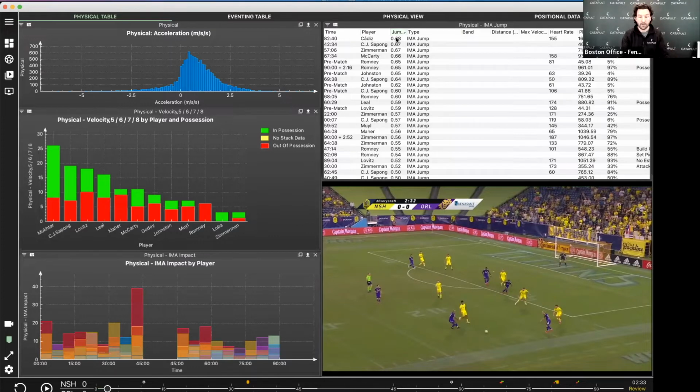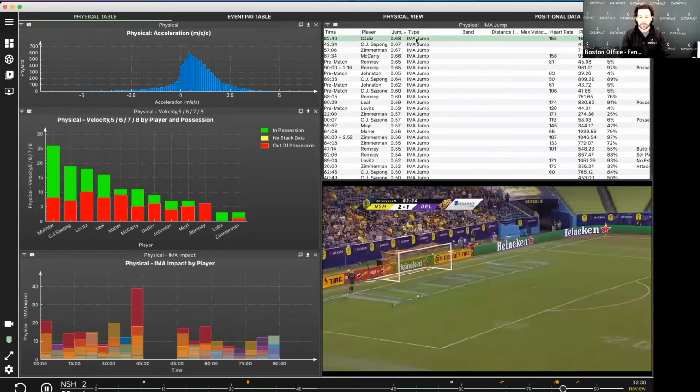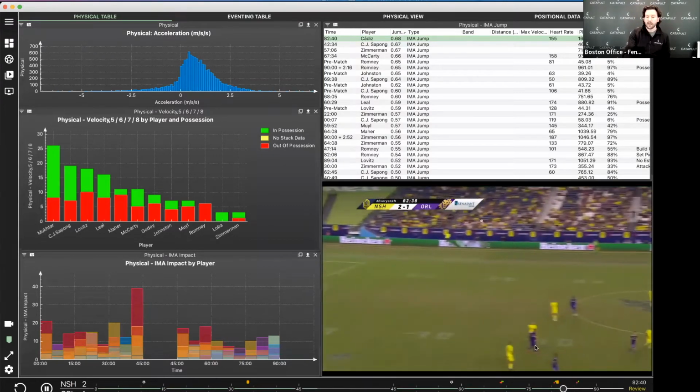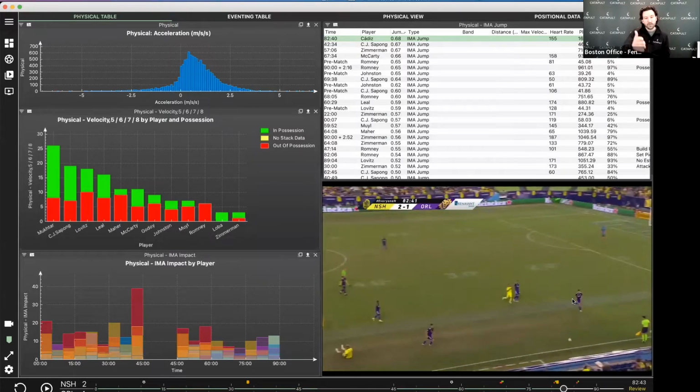And in this case, I can just click on the very top one here, and I'll get snapped straight to the video. Looks like we're going to have a goal kick here. You're in the 83rd minute, and then down here on the right-hand side, Yonder Gadiz will go up for a header. And so again, that basic workflow, to have your athletes wear a wearable device in their games,